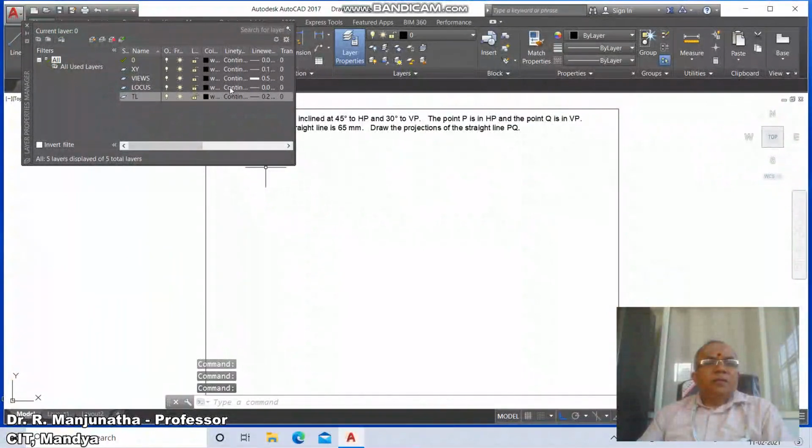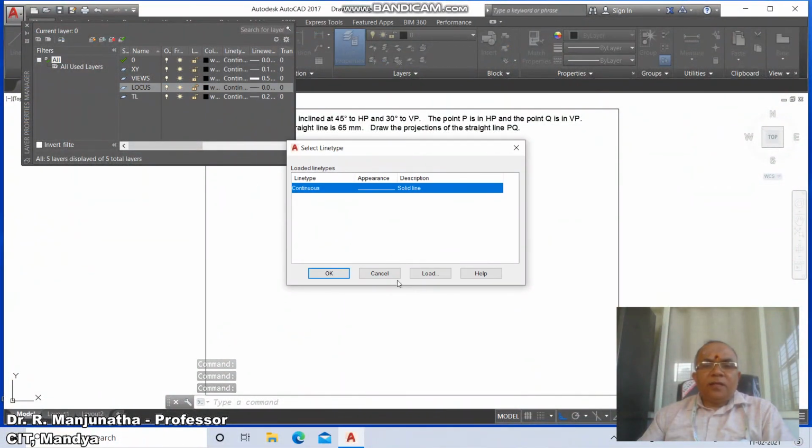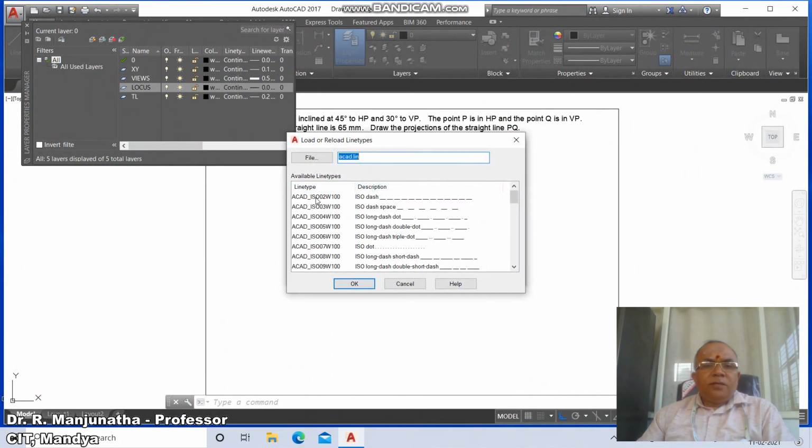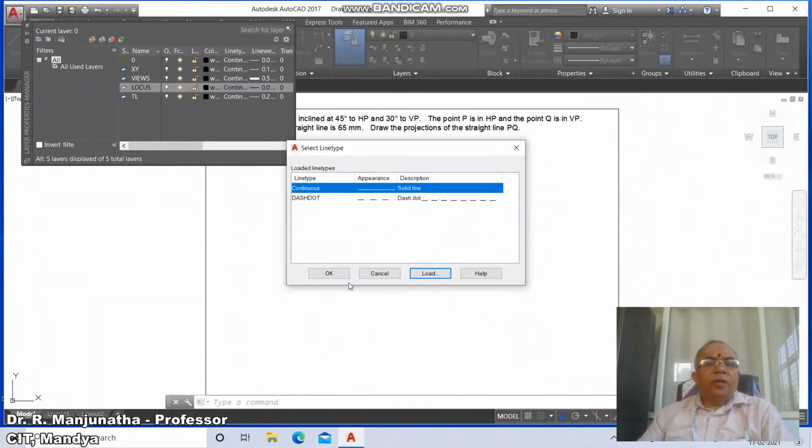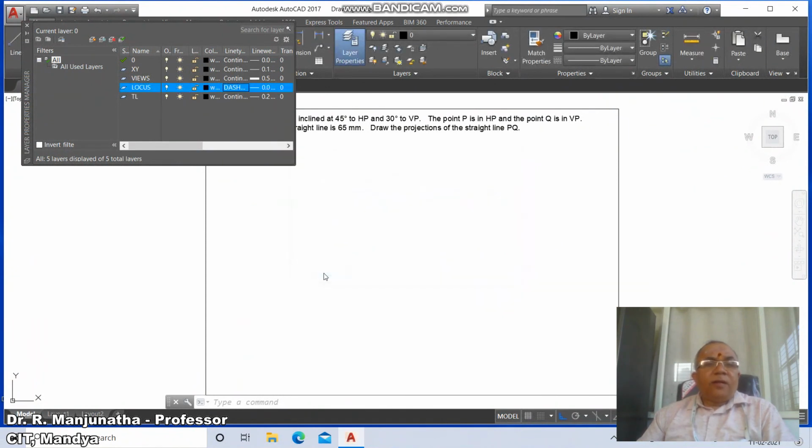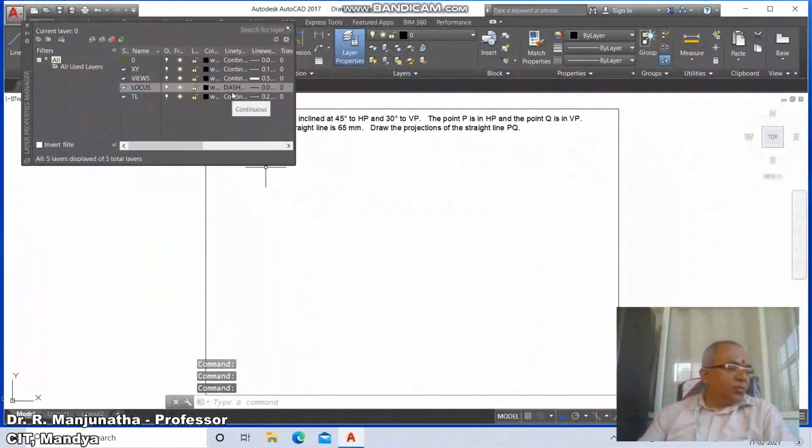And now here in the locus, click on the continuous line and go to load and take the cursor here onto the line type and type dash dot D and say OK, and you make the dash dot line as the line type, and then when you say this you're going to get the locus line. Now we will do the problem, and in the true length you have 0.25. All the settings have been done with respect to the layer. Now in the current layer we have the layer as 0, so in that layer the line thickness will be 0.05, which can be seen here.